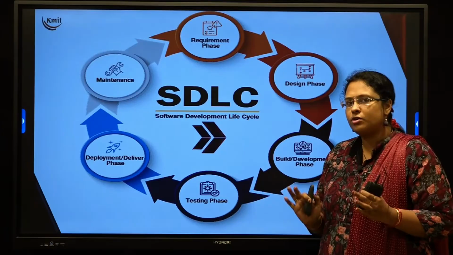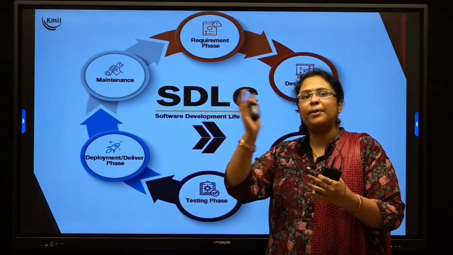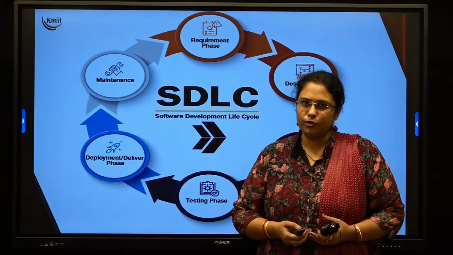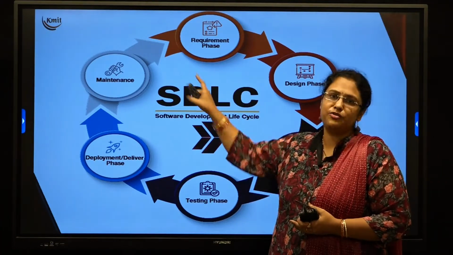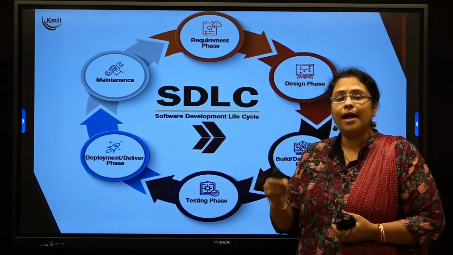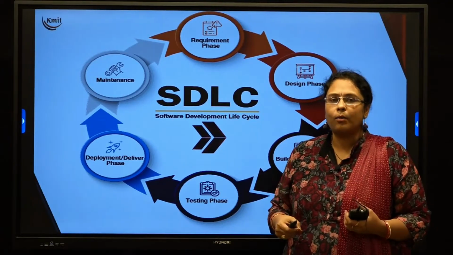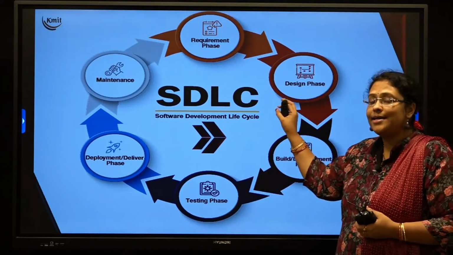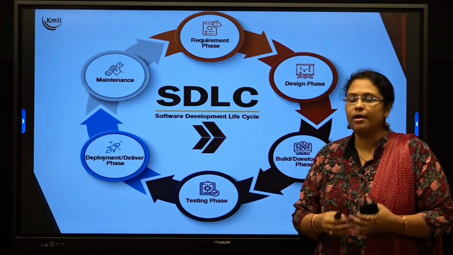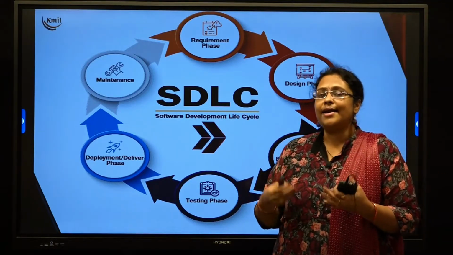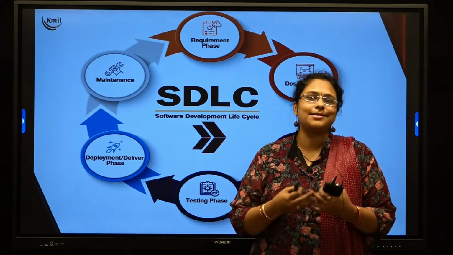In every software process model, you will have various phases. You have to move from one phase to another in a particular order to complete the development of your software. Starting with the first phase in your SDLC, you have the requirements phase, where you sit along with the customer and collect the requirements that the customer wants in the development of the software. After collecting the requirements, you start analyzing them. You segregate which requirements can be developed, which cannot, and how many modifications there are. You analyze all those requirements collected from your customer and prepare a document called the SRS document.